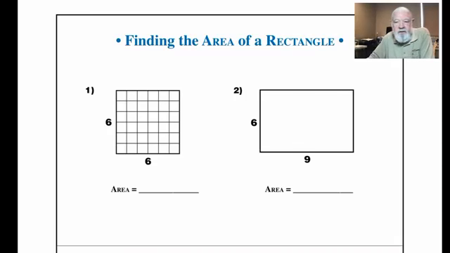Looks like the chat box is a little bit behind here. Okay, not just units though. The area of number 1, 6 times 6 is 36. And what are we looking at? We're looking at squares. So the answer here is 36 square.